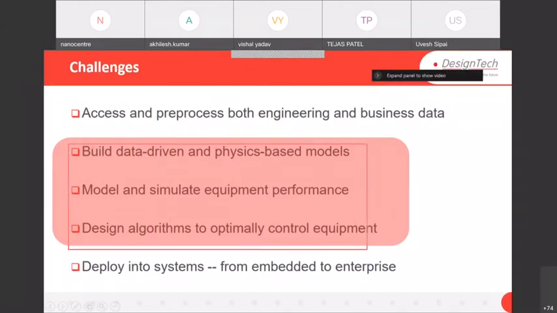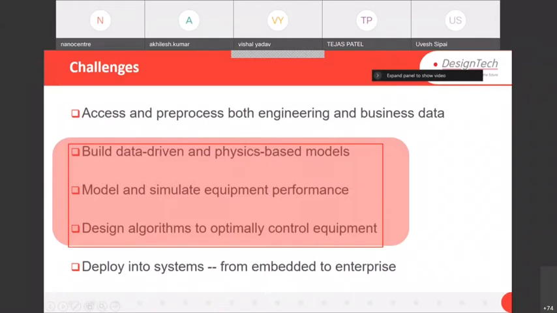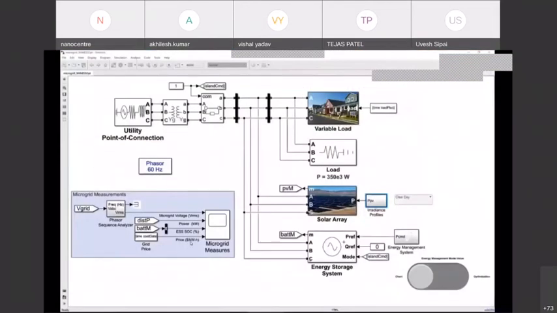So in this demo, we are going to discuss these three parts: building a model based on the data and physics-based models, and we are going to simulate the model. We are going to calculate the performance of the model, and further, we are going to design an optimization tool for that. Okay, how to optimize that.